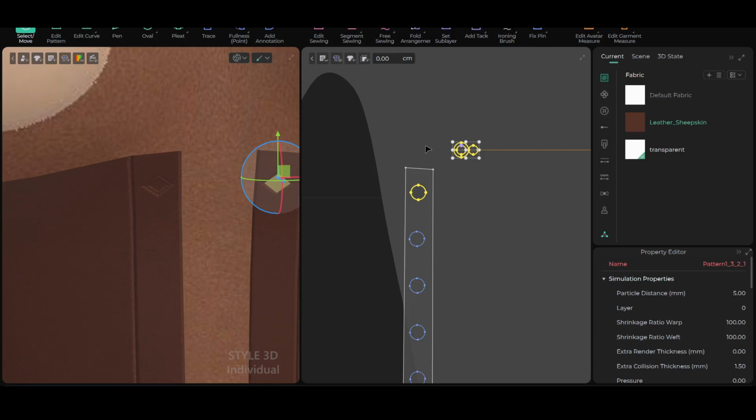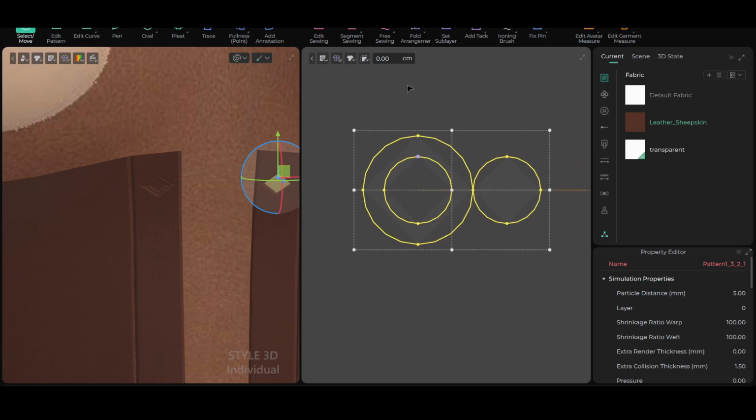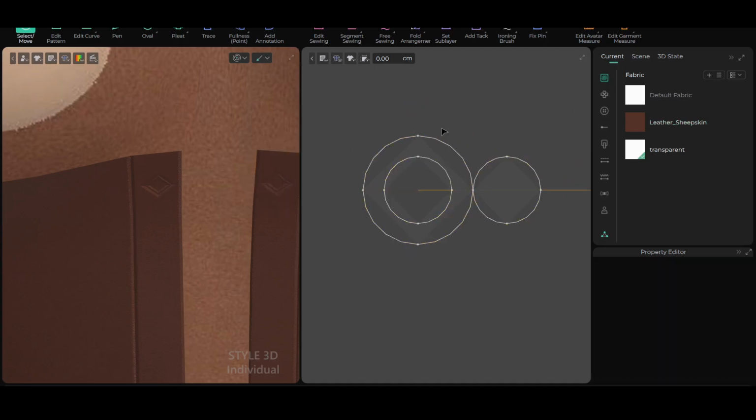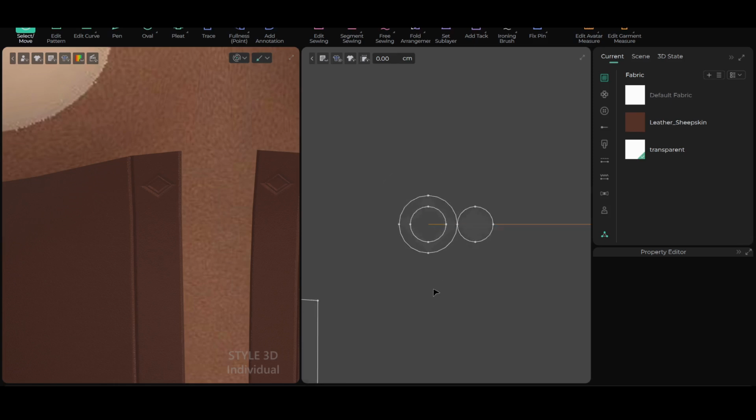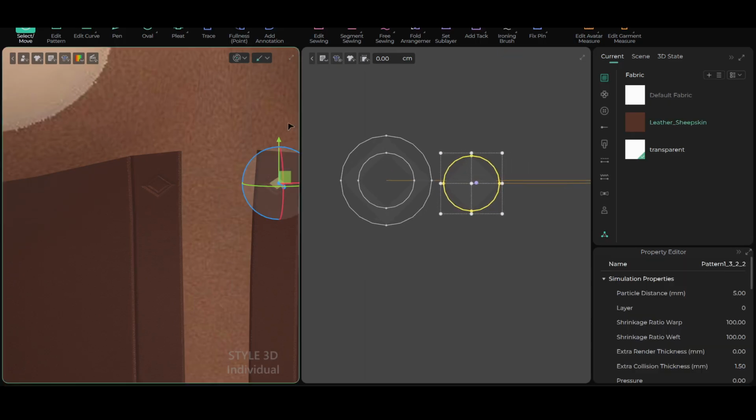Now, what I can do is this. Because we're working with less geometry, I can try to add geometry. And you say, how do you do this? You add geometry by adding extra points. So here, what we can do is we're going to get our add point tool